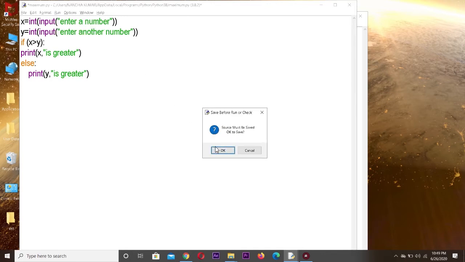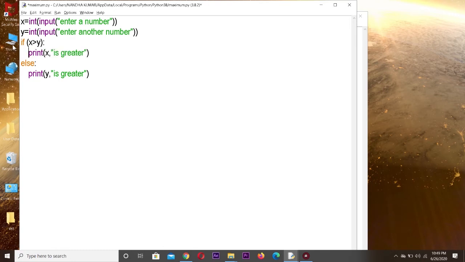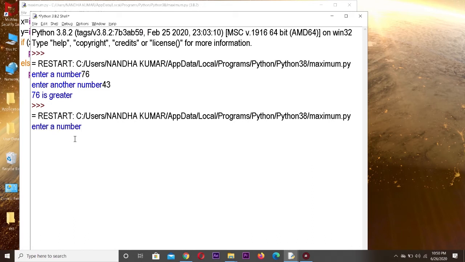Source must be saved, click on OK. See, it is giving us the error: expected an indented block. The statement block should be indented. So we have to indent this statement block. Press the tab space. See, now if you execute, you will get the output. So we have to enter the number.